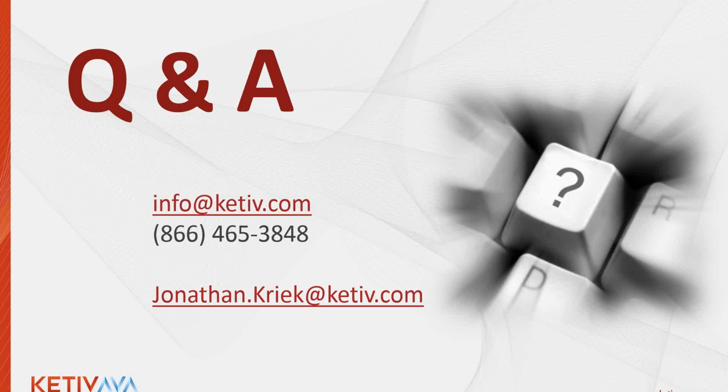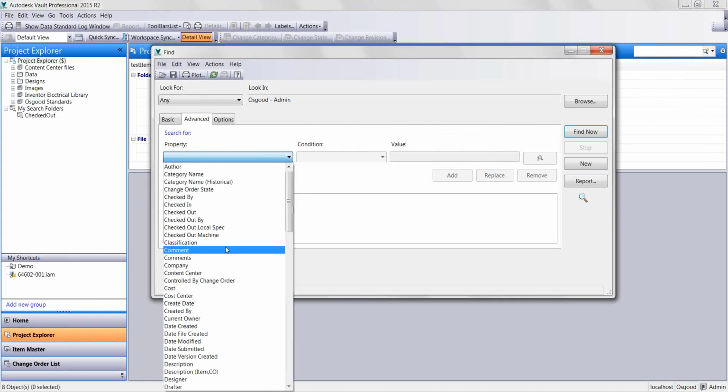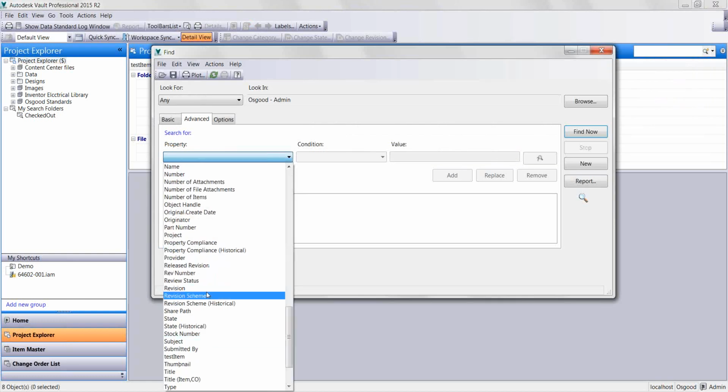So there was one question about how to do a search for previous revisions or versions. So previous versions, that little option that we selected that was actually only searching on latest revisions, you would want to uncheck that and search on the actual revision. Or you could actually, there's an actual, let me see if I can show it to you real quick. If I go into my find, there is actually a revision historical, okay? So there's a state historical, there's a revision historical, but then if you're looking at other properties beyond